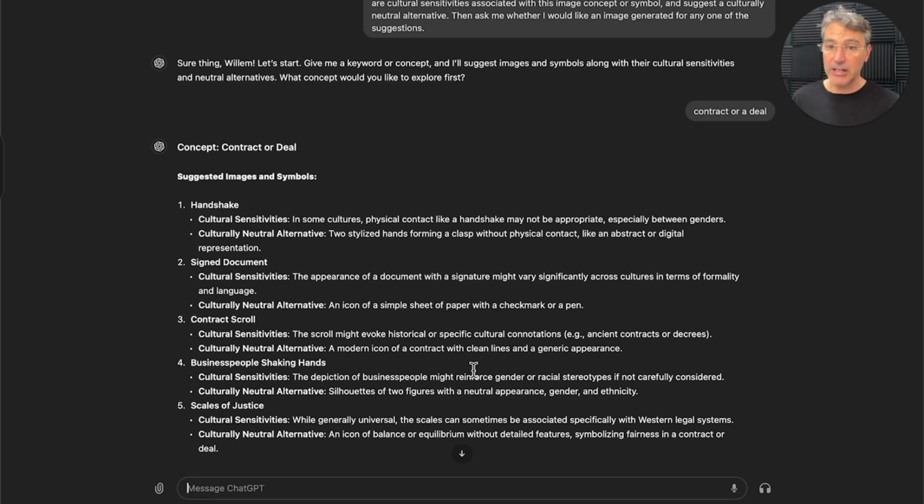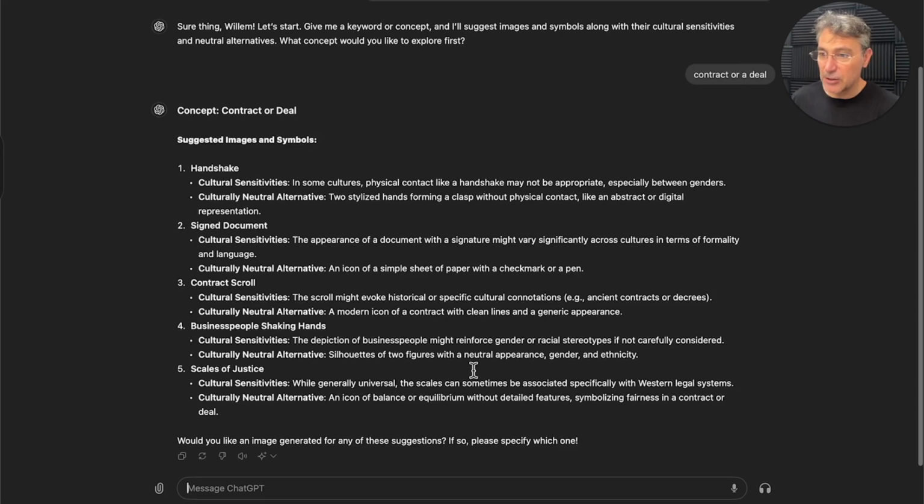I think that's a great idea actually, and a great alternative to achieve what we need to achieve without kind of crossing cultural boundaries. It also suggests a signed document, contract scroll, interesting, business people shaking hands, scales of justice,